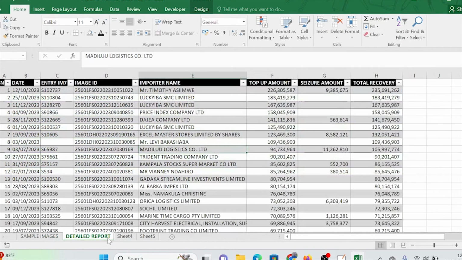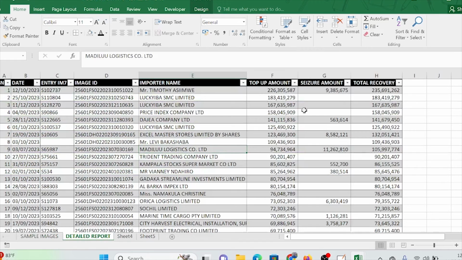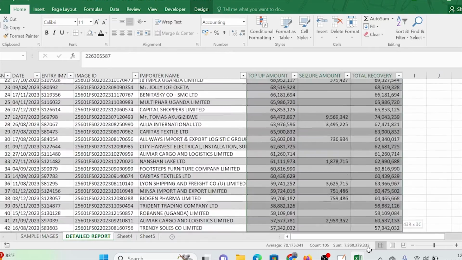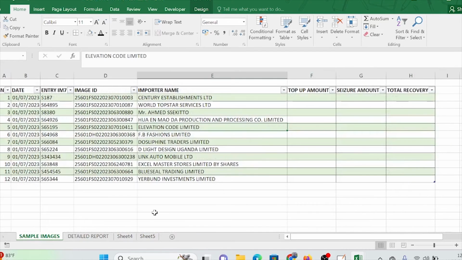These are two tables. Now what is the connecting factor, the denominator? This one has eight columns, and even this one has eight columns. We want to shift information on top-up tax, seizure amount, and total recovery, these figures here. We want to get information from this table that is black and put it in this table that is green, in these places here. But now the issue is,